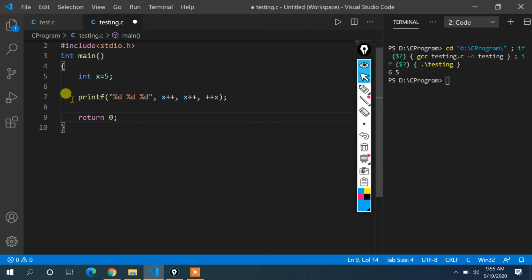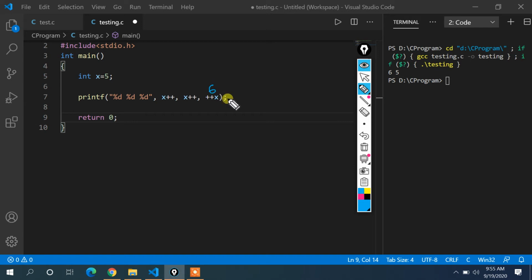If somebody asks you what is the output of this program, then as I have already told you, this will be executed from right to left. So from this one, and we know that whenever there is a prefix term involved, then the value gets incremented, but assignment will be done at last. Now you see what will happen. First of all the value gets incremented, that is 5, so 5 is the value, then 5 gets incremented to 6.